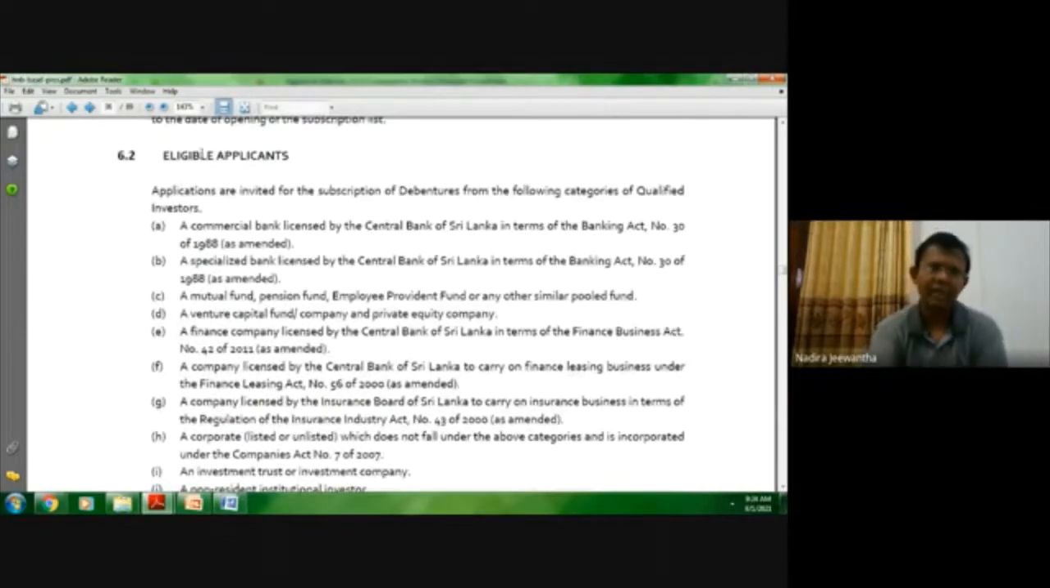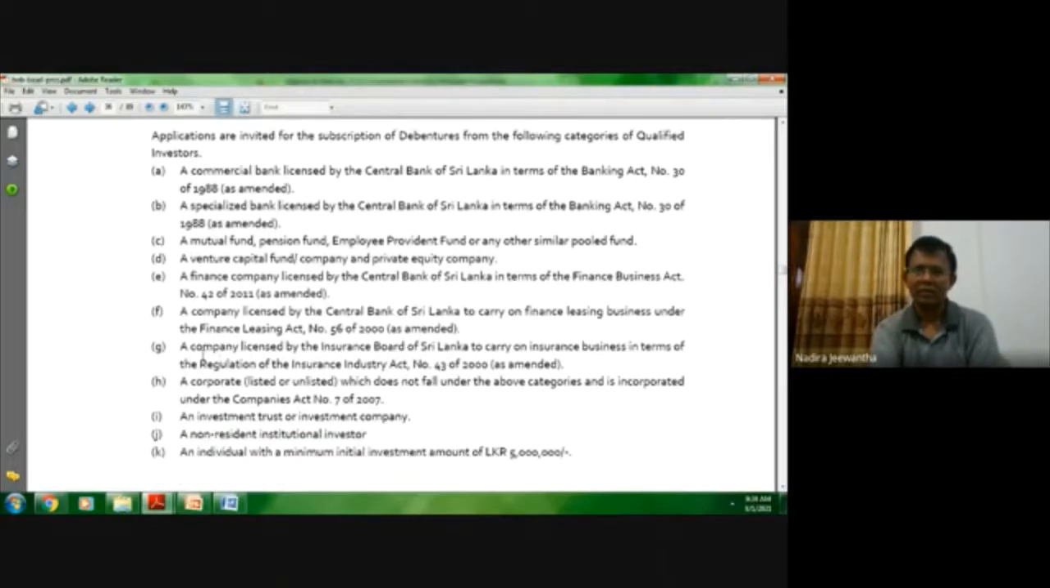Now see eligible applicants. Are you employed? Here, an individual with a minimum initial investment of 5 million. Here they have put only 5 million, right? 5 million, not 50. Sometimes you can decide it's a 50 million individual. If it's a company, there should be